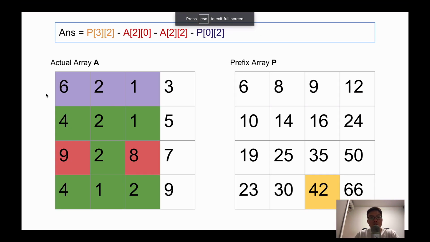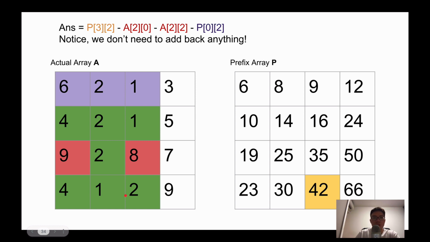We still need to subtract the topmost row. So what we do is we minus P02. This will help us subtract the topmost row, which will only give us the remaining hourglass sum that we want. Okay, so notice that this is a lot easier, and the reason is that the hourglass here